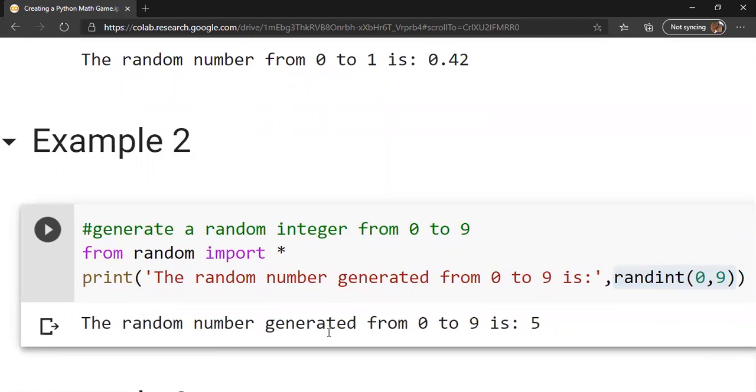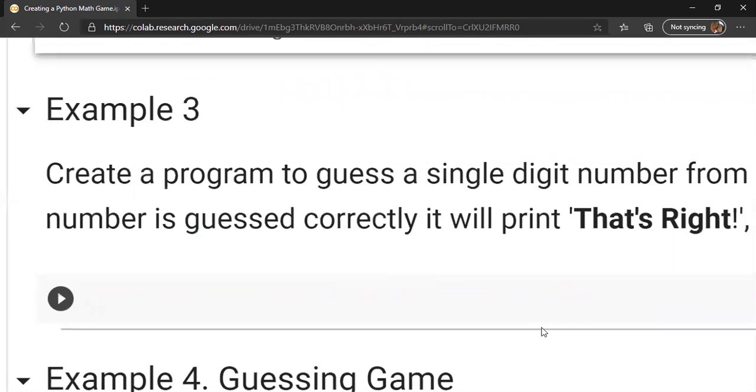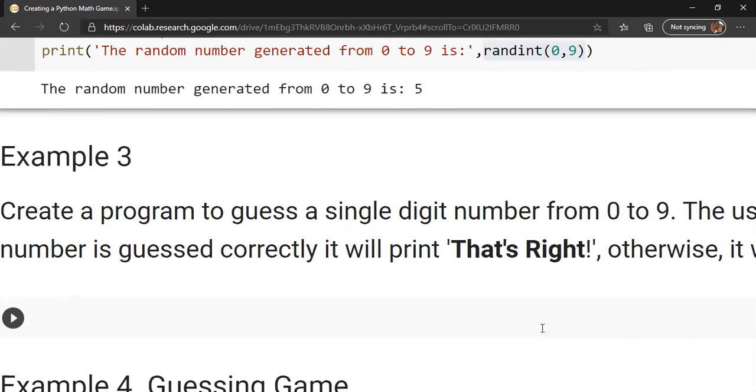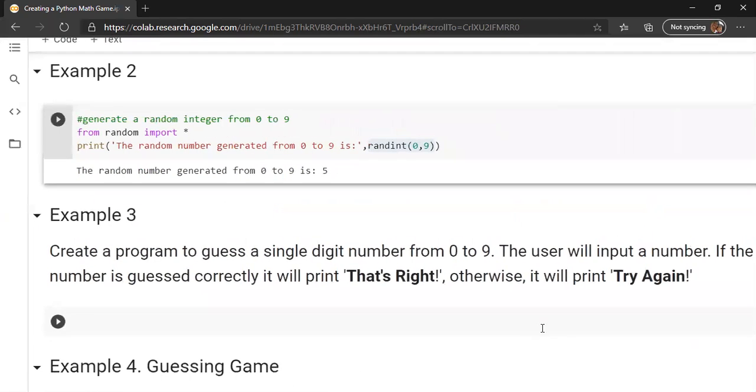Okay, now the random number generated from 0 to 9 is 5. Okay, that's it now for our example number 2. Now let's go to our next example. This time, now we are going to, okay,